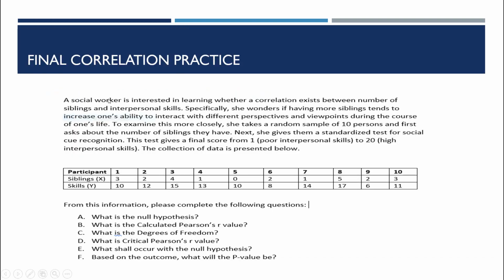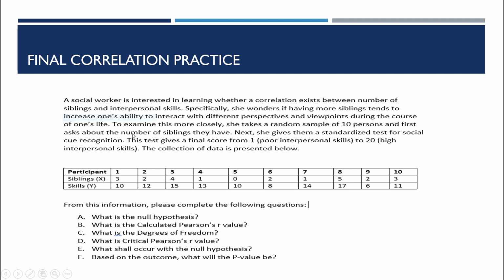A social worker is interested in learning whether a correlation exists between number of siblings and interpersonal skills. Specifically, she wonders if having more siblings tends to increase one's ability to interact with different perspectives and viewpoints during the course of one's life. To examine this more closely, she takes a random sample of 10